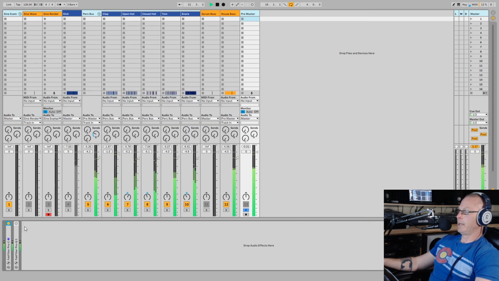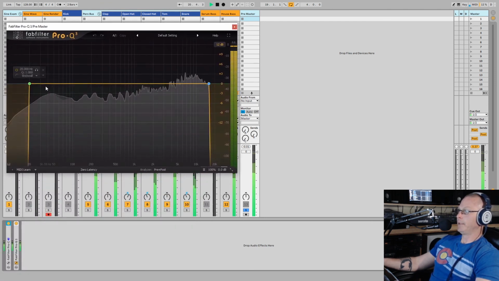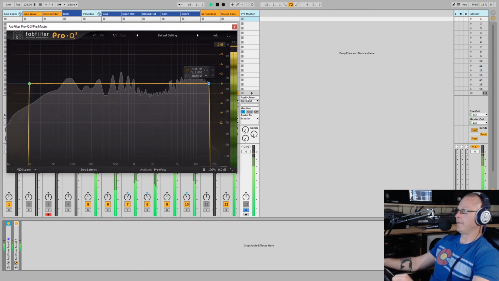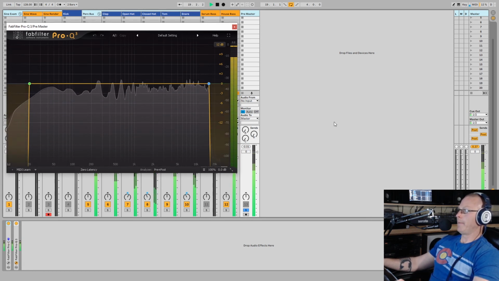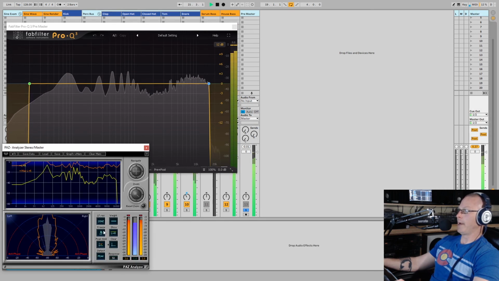Perfect. And then I've added an EQ here. And all the EQ is doing at this point is cutting off everything below 20 hertz and cutting off everything above 16,000 hertz, not clipping. If I were to check my master just to get a sense of the actual balance,